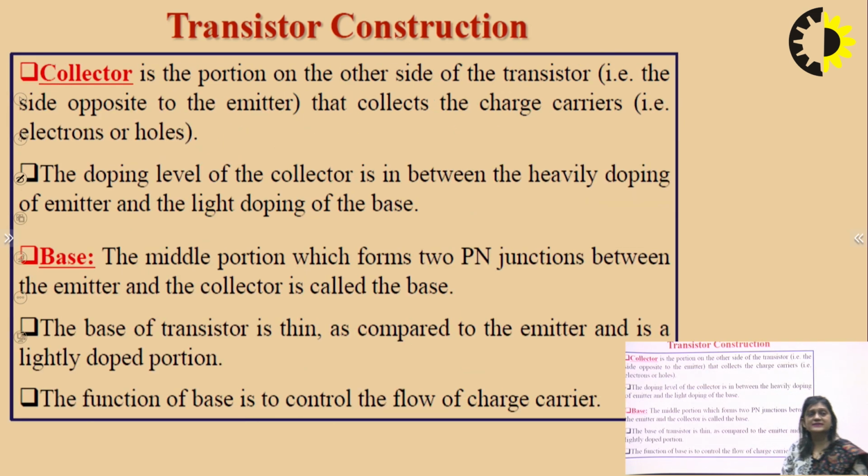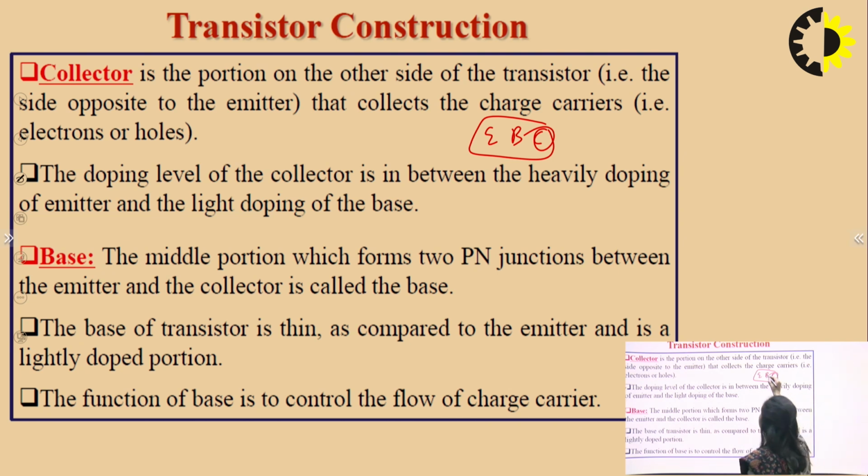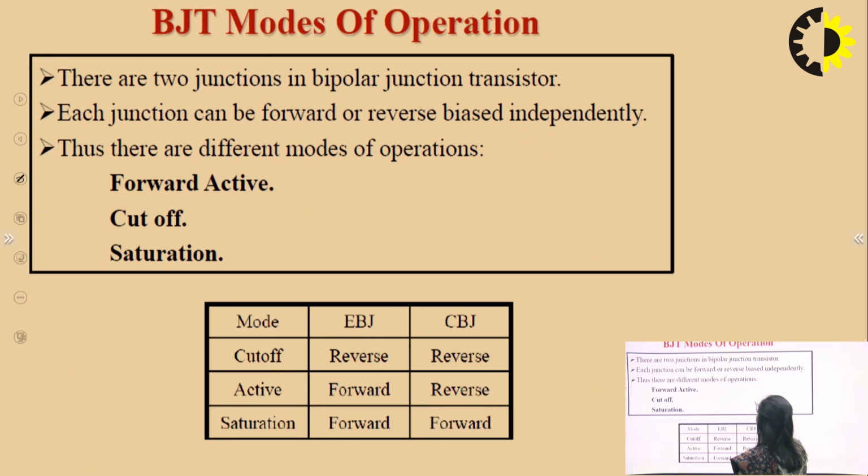After that, the collector is there. The collector is the third part: this is our emitter, this is the base, and this is the collector. The collector basically collects the charge carriers coming from the emitter. And the base is the middle portion which forms two PN junctions between the emitter and the collector, and is called the base. The base of the transistor is thin compared to the emitter and is a lightly doped